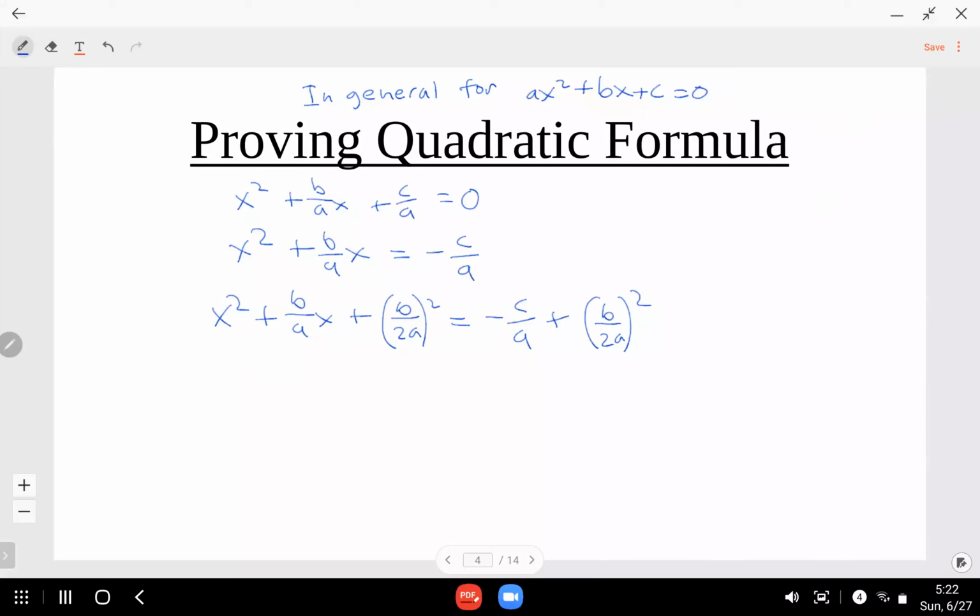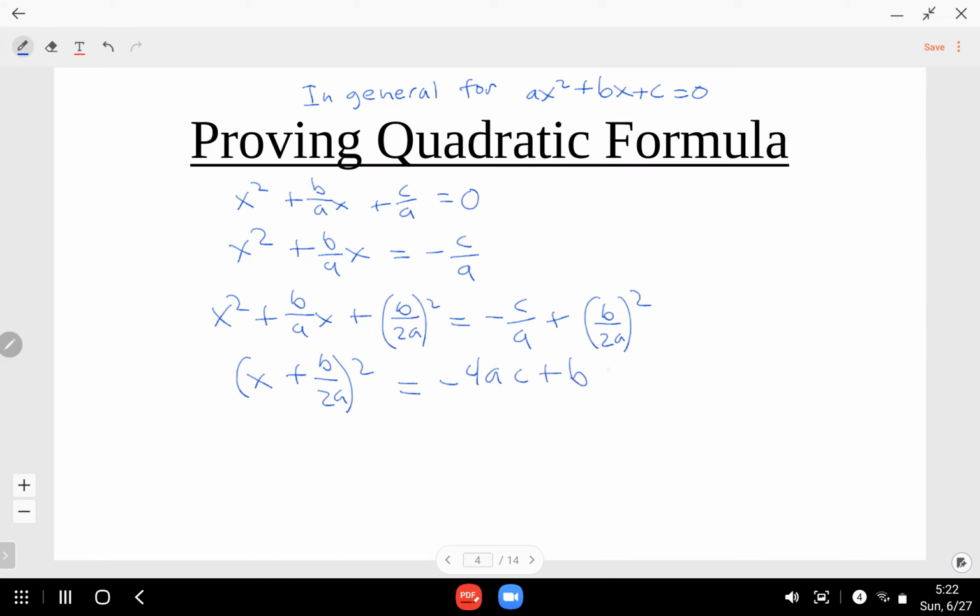Okay, so now what you get is x plus y squared, or x minus y squared. All right, so just simplify this side. Okay, x plus b over 2a squared. All right, so it's already starting to look like our quadratic equation. So in this side, okay, this side will turn into negative 4ac plus